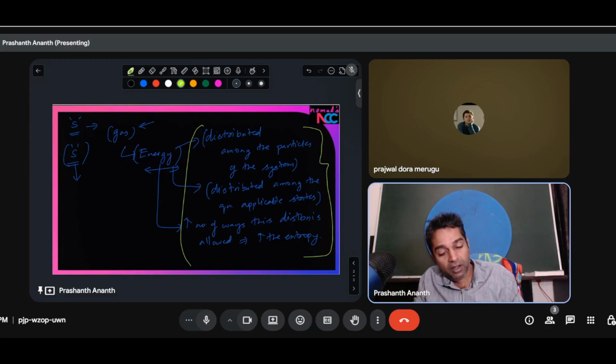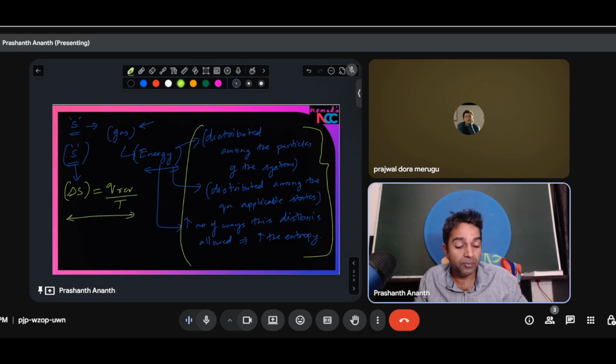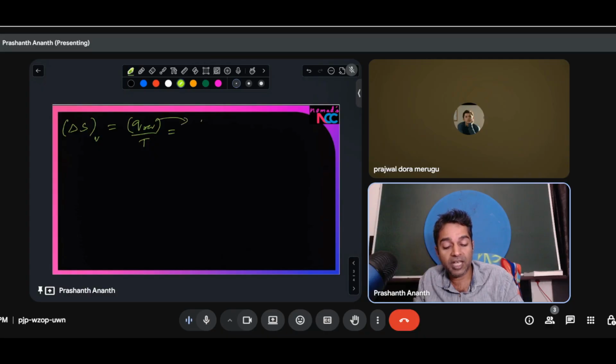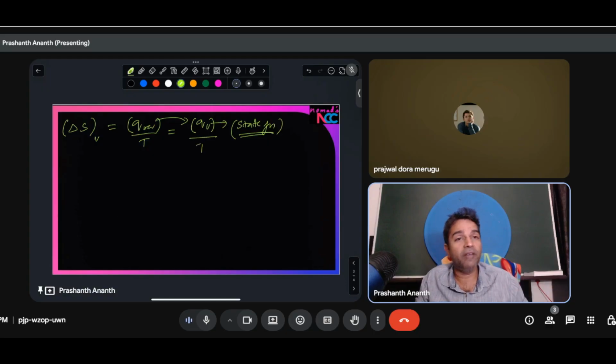Now in the previous class, I think we had started discussing the entropy formula for different types of processes. So delta S was Q reversible by T, and this was the formula we had started applying. From this, we had started going into delta S for most of the standard processes. For a constant volume process, we ended up with Q reversible by T. Now if it is at a constant volume, for any process, Q reversible is the same as QV. Why? Because QV behaves like a state function. So we simply have QV by T,